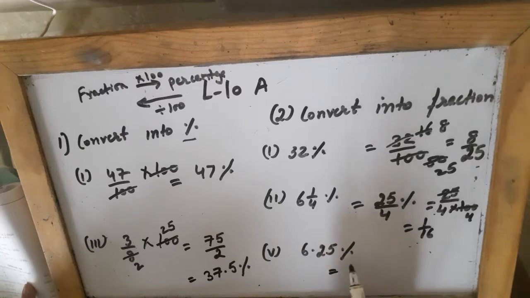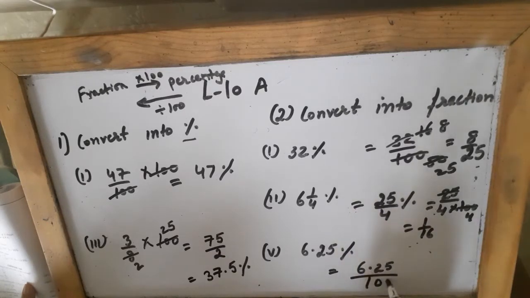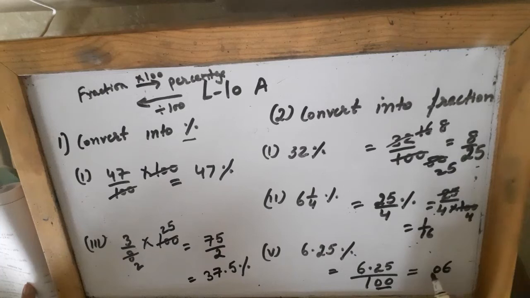Now percent means, when I have to convert this into a fraction, it means 6.25. This percentage means out of 100, so I can remove the sign of percentage and write 100 as the denominator. So when we divide any decimal number with 10, 100, 1000, what happens? The decimal point shifts to the left. So there are 2 zeros, so this will shift 2 places back. So 1 is already there, so 1 0 I will add over here, and my point will come here. 0.0625 will be the